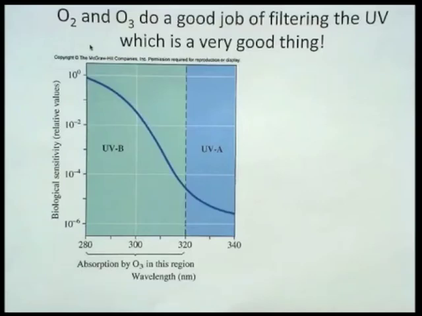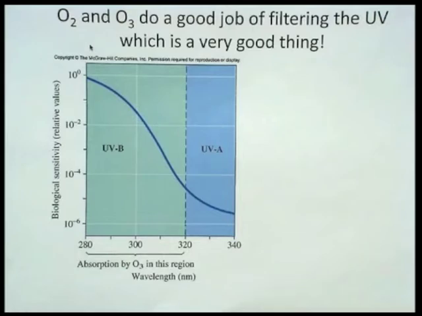This is the beginning of Lecture 16, Part 2. In Lecture 16, Part 1, we answered the question, is all UV radiation the same? And it's not. There's a spectrum of UV radiation of varying wavelength and varying energy, just like any other region of the electromagnetic spectrum. We looked at how the UV light is filtered in the atmosphere by oxygen and ozone,